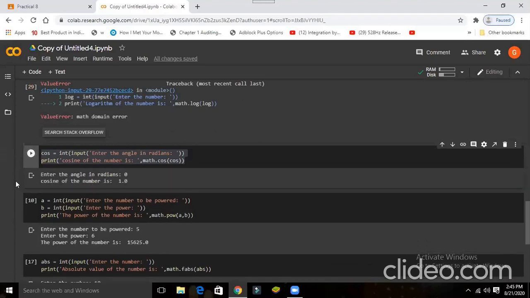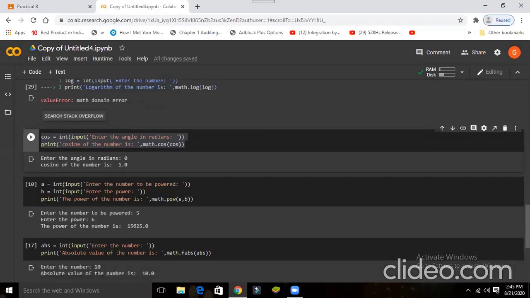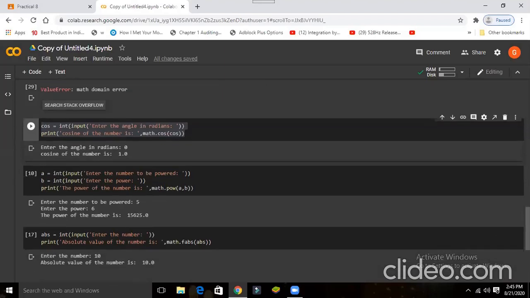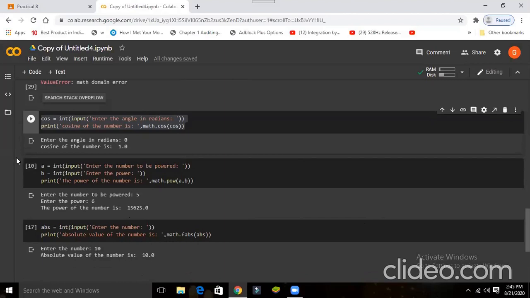Cos 0 is 1, because that is on the x-axis, right? Sin 0 is 0 and cos 0 is 1. Then cos 19 is 0 and sin 19 is 1.